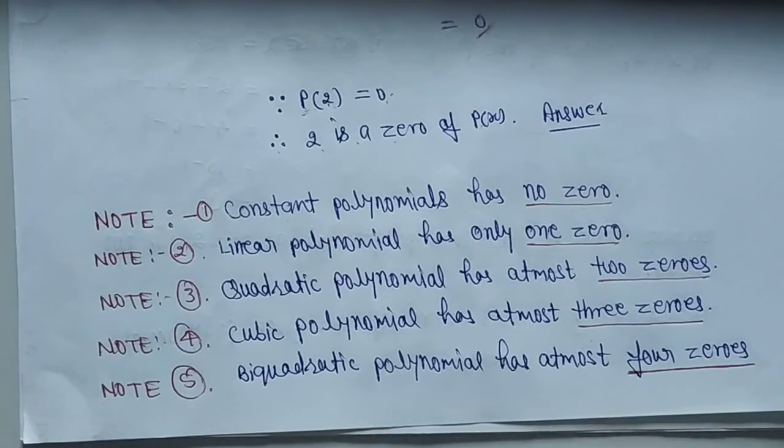And if a polynomial is of degree 3, then the number of 0 are 3. So we can say that number of zeros are equal to the number of